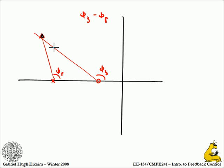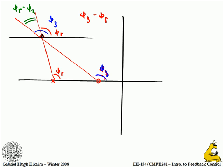Now, if I look at these angles, let me redraw my horizontal line up here and extend this up here. So I'm going to say that phi zero here is the same as phi zero there. And if I extend this line up, I've got that phi pole here is phi pole there. Which means that the angle right there is phi pole minus phi zero, which is that angle there. Right? So, if I make that equal to 75 degrees,